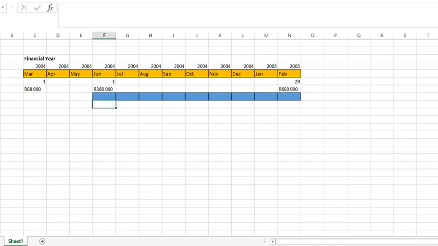So for 9 out of 12 months. So if we have a look at it, we're going to take our cost price. So our calculation will then be 360,000 Rand, that's our cost price, multiply by our depreciation rate of 25%, and multiply by the number of months in which we held this vehicle. So for 9 out of 12 months. So if we get that depreciation rate, then it will be